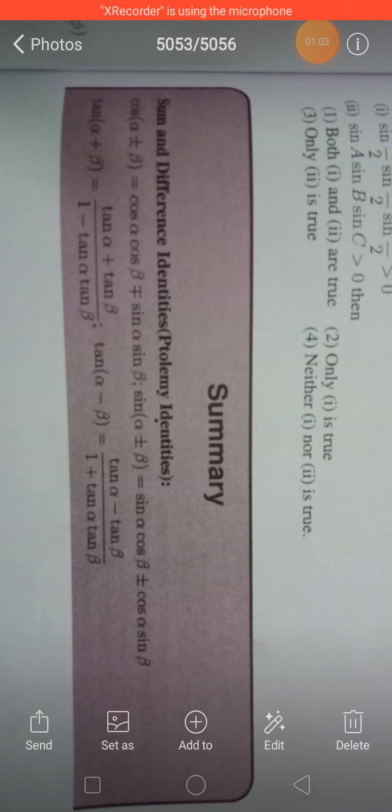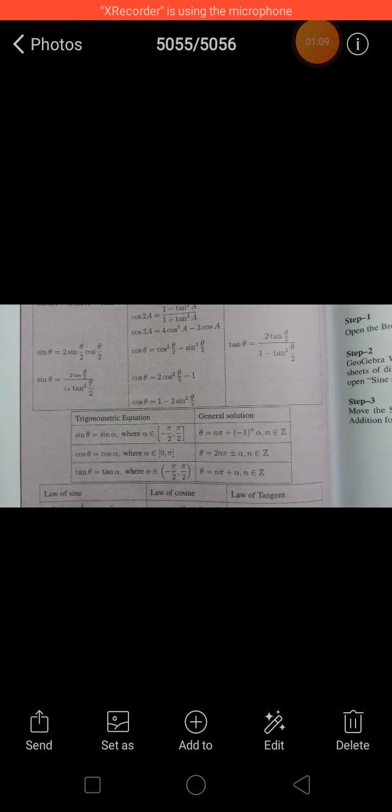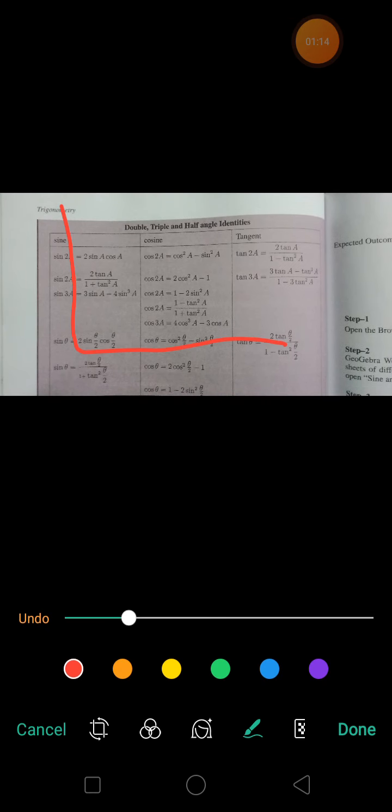Yeah, and then we have to know the Pythagoras formula, all the Pythagoras formula we must know. What are the Pythagoras formula? In the right angle triangle, this is 90 degrees. So hypotenuse square is equal to opposite side square plus adjacent side square. Where is the hypotenuse? Opposite of the right angle. So this is hypotenuse. Opposite is opposite of the angle theta. So this is opposite. The remaining one is adjacent.